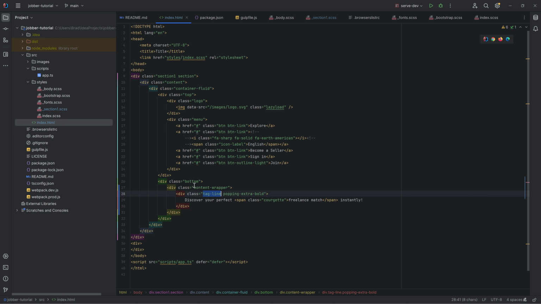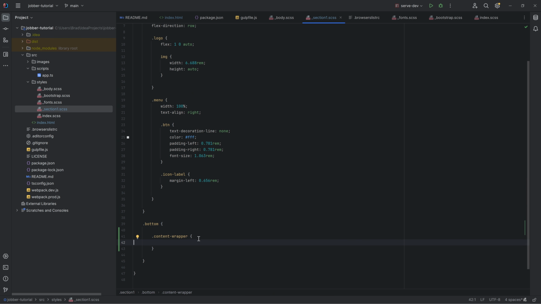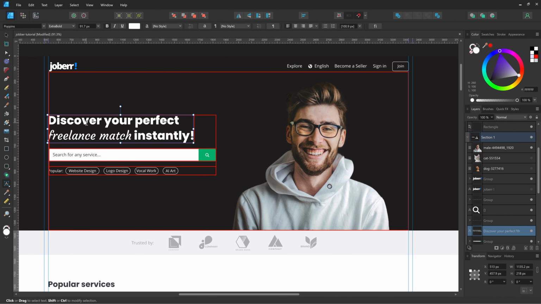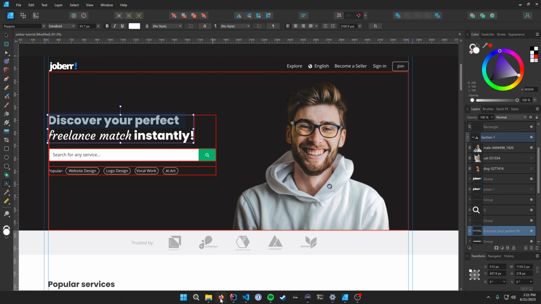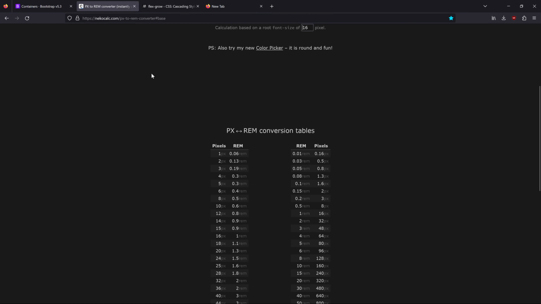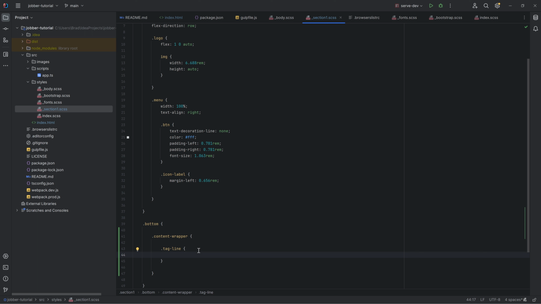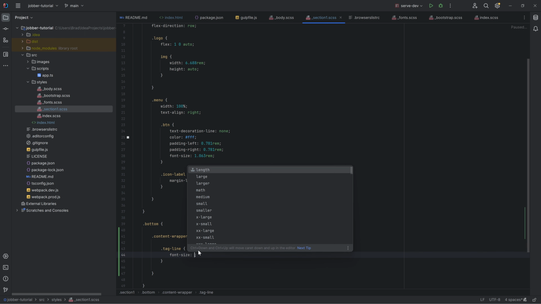And then inside of this content wrapper, we have this tagline section. Okay. And the first thing that we have to do is we need to figure out the size of this text. And so it's 91.7. And so we're just going to go with 92 in this case. And I want to make sure this is at 32 because I'm taking the measurements out of the 4K design. And it's 92. So it's going to be 2.875 rem. And so we can just set the font size here to